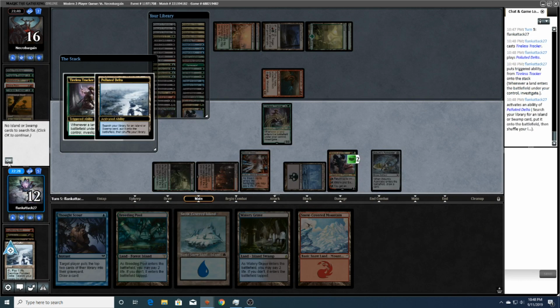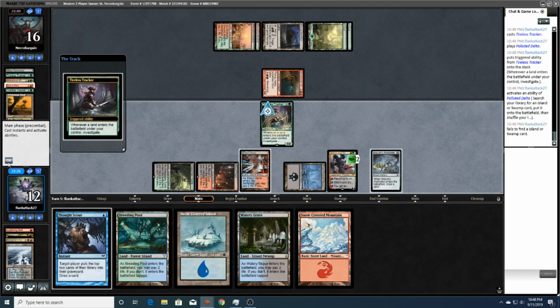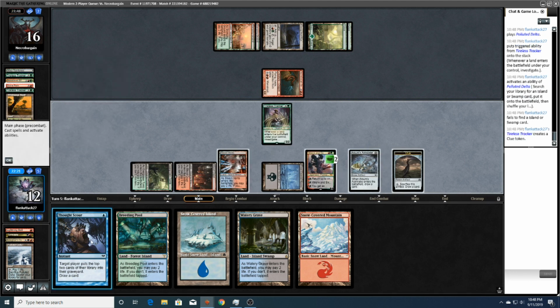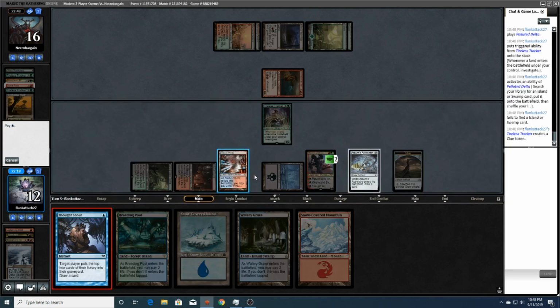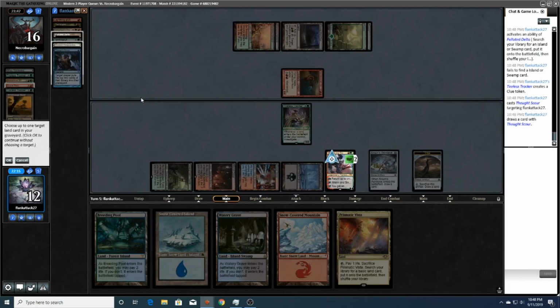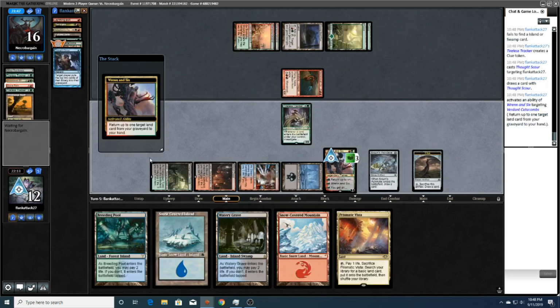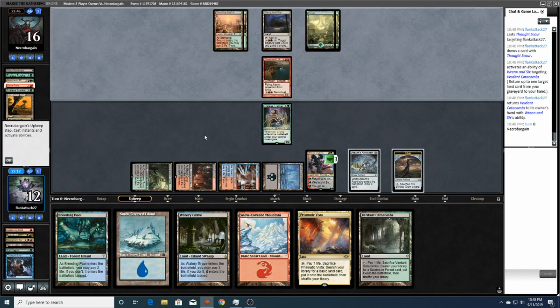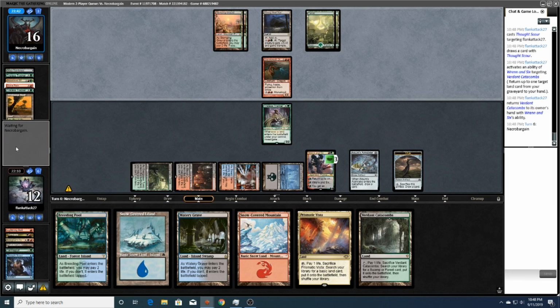Ooh, I don't have any fetchable lands with that. That was not great. Alright. Wow. No fetchable lands. Huh. I guess we're going to mill ourselves. Yeah. I don't know. Alright, we do have a fetchable green source in the deck. I guess that's a problem with this deck, apparently. Is that when you draw all lands...